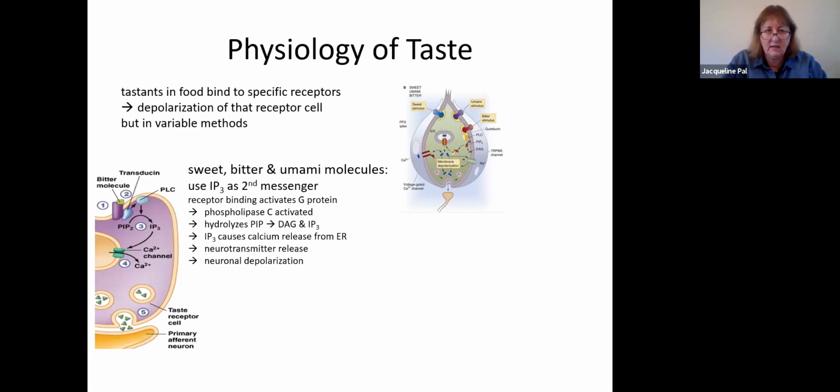So for sweet, bitter, and umami molecules, all three of these are going to use a substance called inositol triphosphate, and you can just go with IP3. I for inositol and 3 phosphates, the P3. And IP3 is a second messenger. So let me tell you how we get to the second messenger and what this second messenger does. So the sweet, bitter, or umami molecule, this particular picture is showing a bitter molecule, binds to its receptor. When it binds to a receptor, that